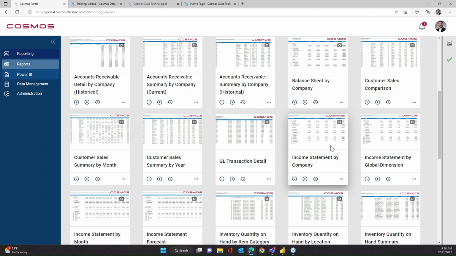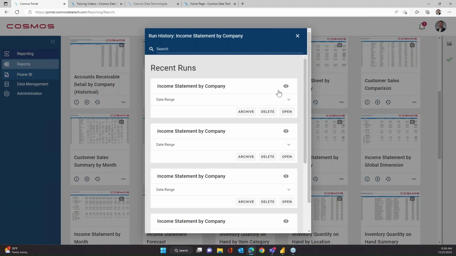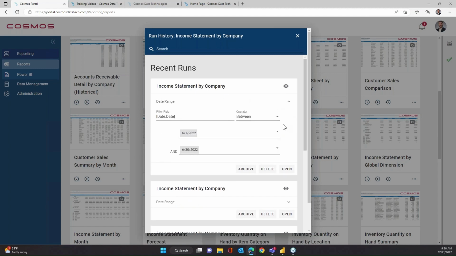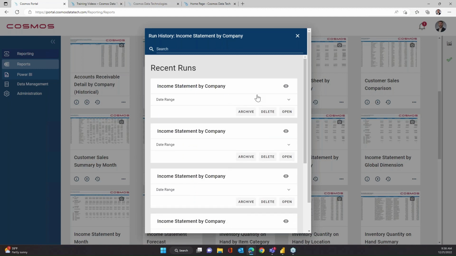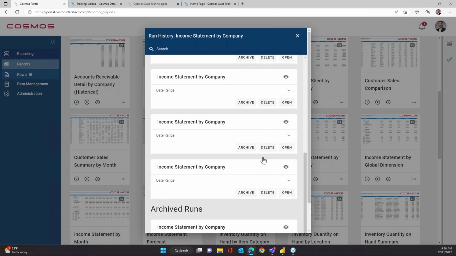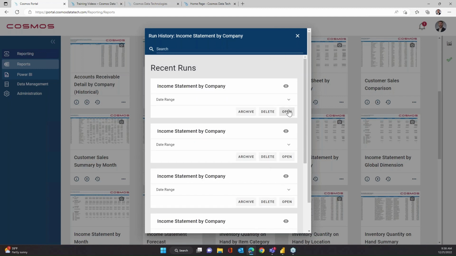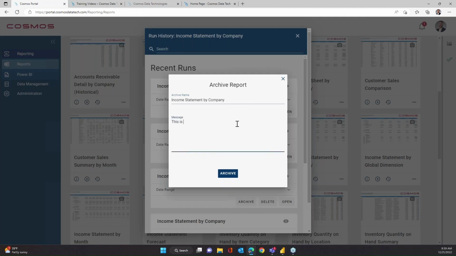One of the things that people also like about a tool like this is the ability to facilitate month end, and archive your final month end reports or year end reports when you're closing the books. So we've built in this native archiving, which is really nice because all of those recent runs, like the income statement I just ran on our demo here, will sit here for 24 hours. But let's say that we're done. The books are closed, everything looks good, and we want to archive this. We can come in here and say, this is our income statement for June 22, and we can archive that